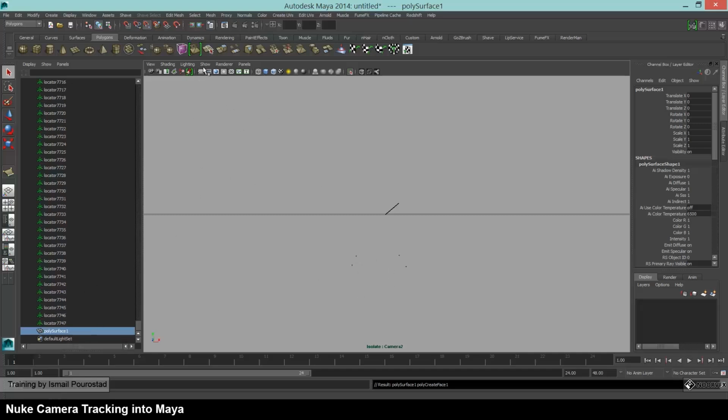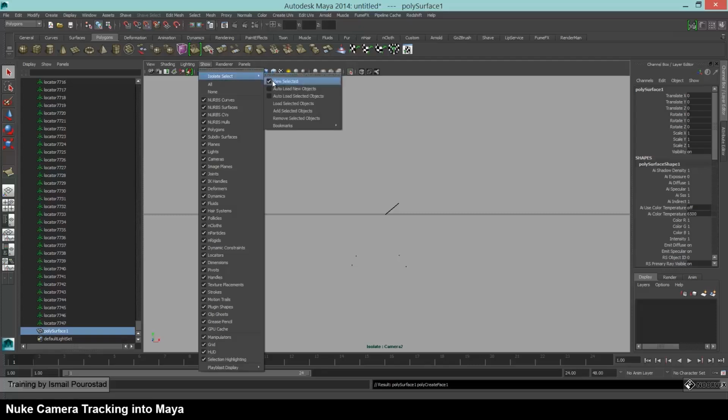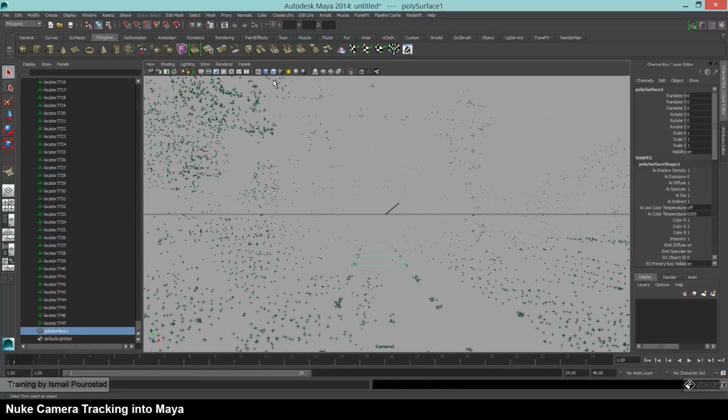So we link our camera and all of the tracker points to this polygon, and you can control your scene. I change the polygon name to ground,